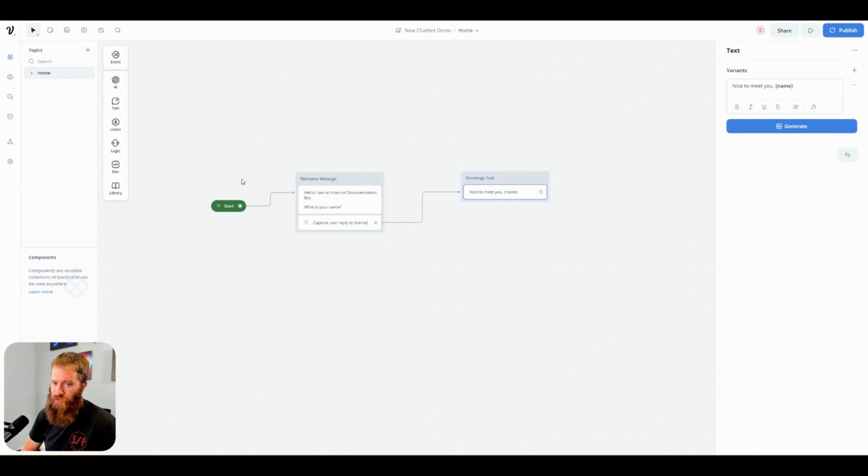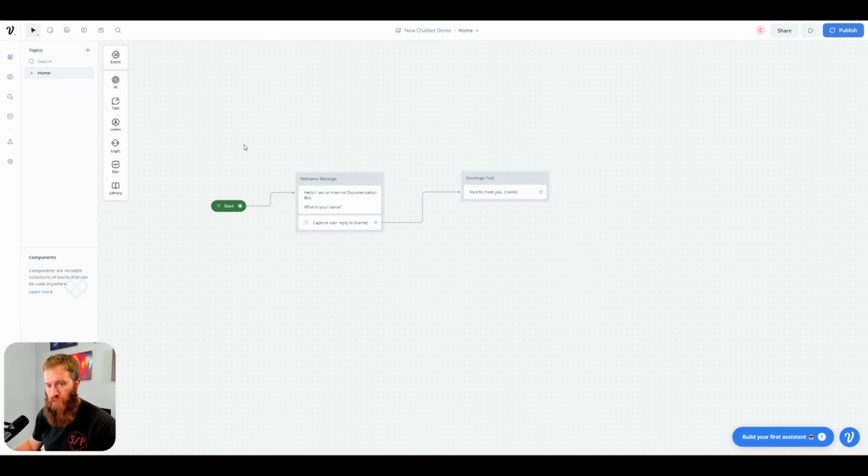I want to be able to query questions against this document instead of scrolling through and reading pages and pages and pages. So that is the chatbot that we're going to build here. And the first thing that we need to do in order to do this is to switch over to the